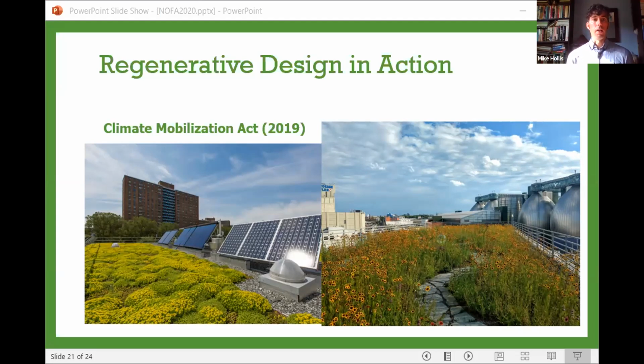So the Mobilization Act is an effort, again, at cutting emissions and creating energy conservation for buildings within New York City. But within that is specifically requiring green roofs or solar and wind energy generation on almost all new buildings,